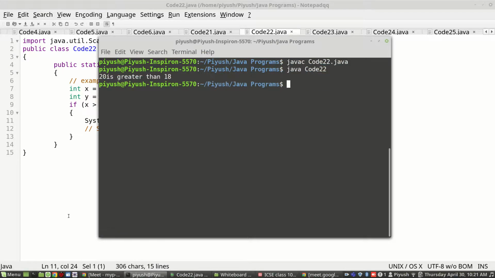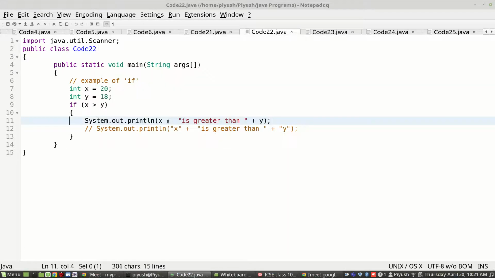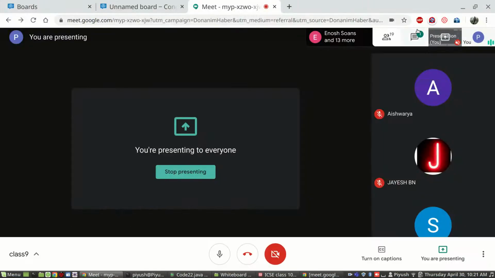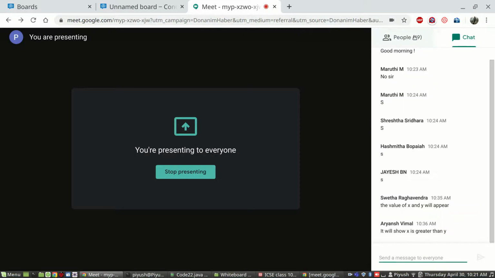20 is greater than 18. You can see here that the x and y values are appearing here itself. What will happen in this case if you add x and y within quotes? Yes, it will show x is greater than y, correct?